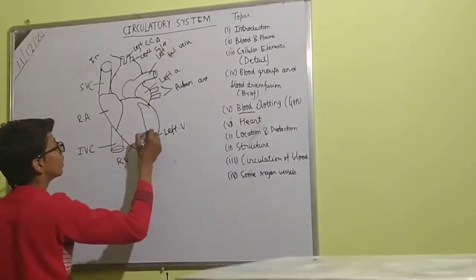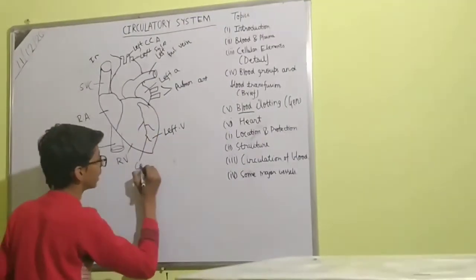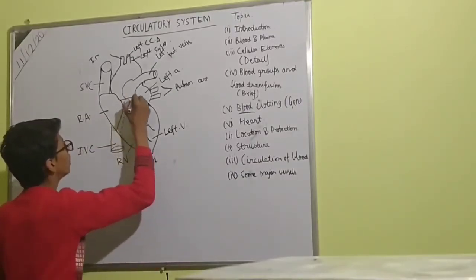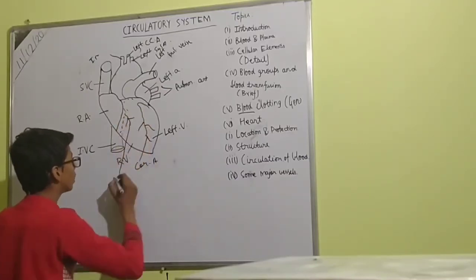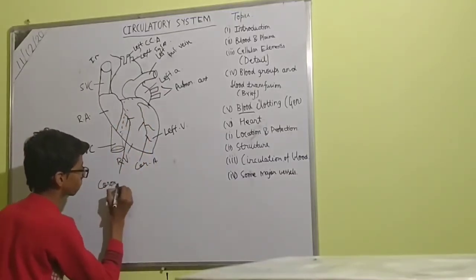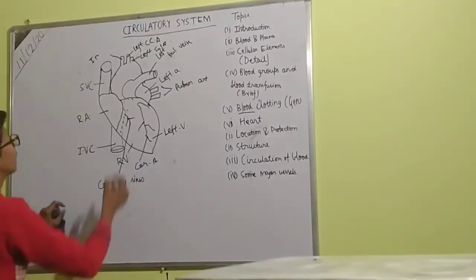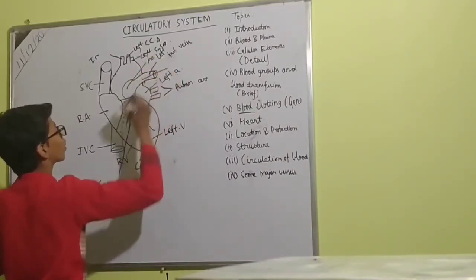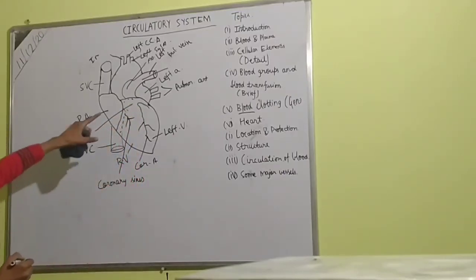Here somewhat is like this, a vein. This is known as coronary artery. And here are some cushion-like structures. And here is somewhat another vein, that is known as coronary sinus. That is aorta. That is arch of aorta. This is arch of pulmonary. That is arch of pulmonary vein.